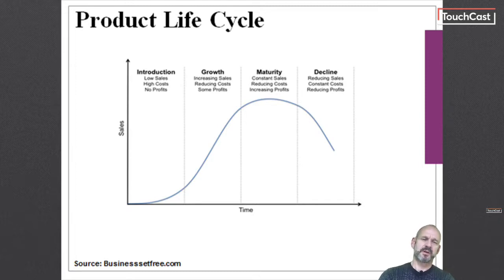For example, if all of your products are in the decline stage of the life cycle, then you're going to run out of income from sales sooner or later. But if all of your products are in the introduction stage, you're probably going to be overextended initially and may well run out of cash. Ideally, you would want to have products at each stage of the life cycle so that one moves from maturity and into decline, and as it does so, another takes its place.